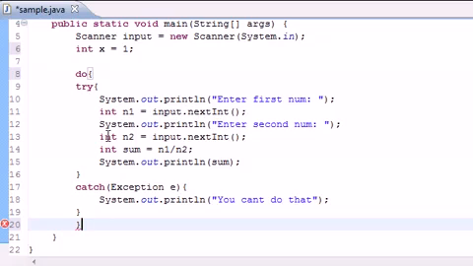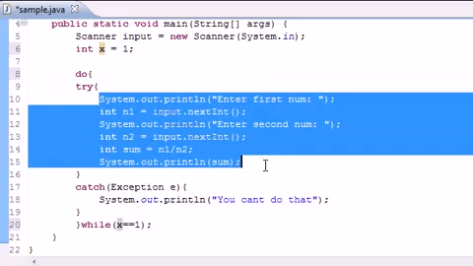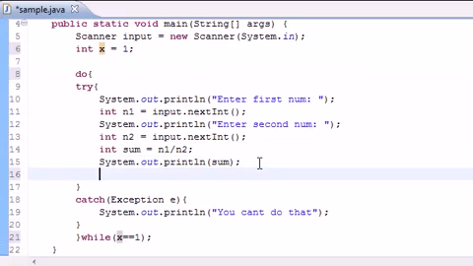I want to do the whole try and catch while x, which we just made, is equal to 1. So I'm going to do that over and over again while this is equal to 1. But if it executes successfully, I'm going to set x equal to 2. So as soon as